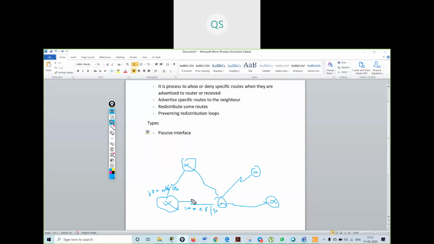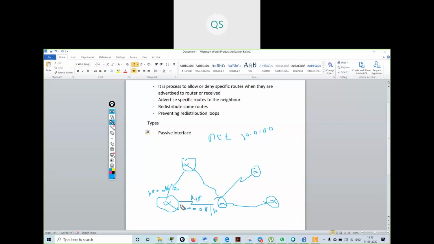Now here I am running RIP, and here I'm not running any routing protocol. On this interface I'm running RIP. If you know the RIP routing protocol, whenever we used to advertise any network, we used to write network 10.0.0.0.